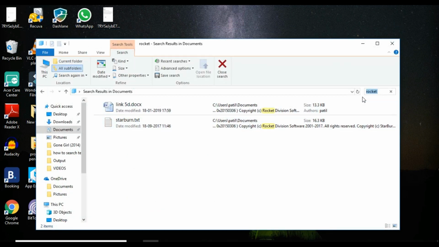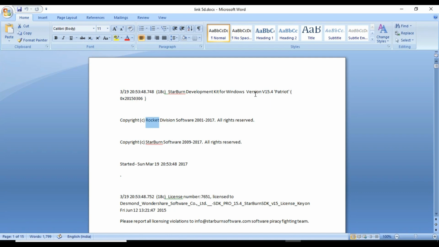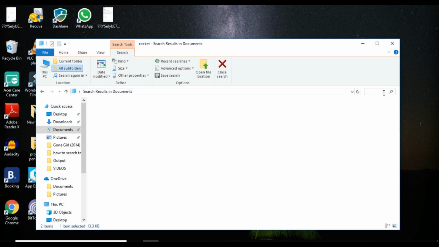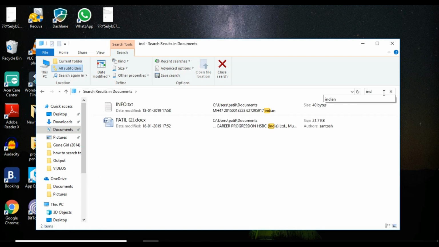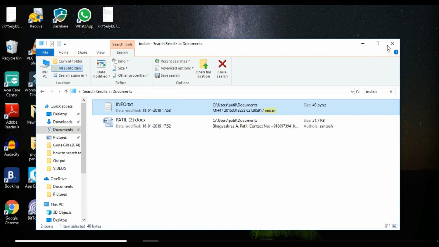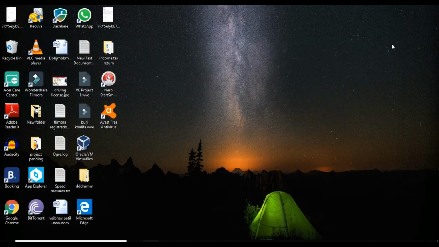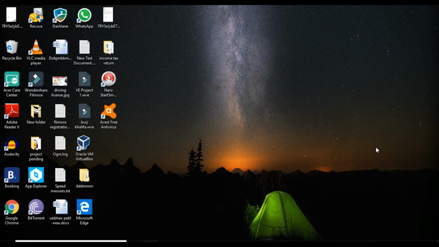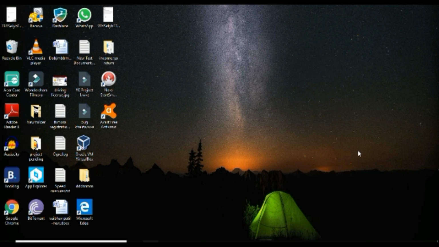Okay. Yeah, you can see the rocket. I will write on a search box and you can see the result. Basically, I was search content in the Word file, and now you can see the result. Okay, and another word is in Indian. Okay, and you can see the same result. So you can search file not only the title name but also from its content. Okay,